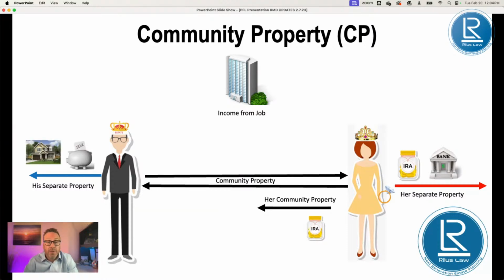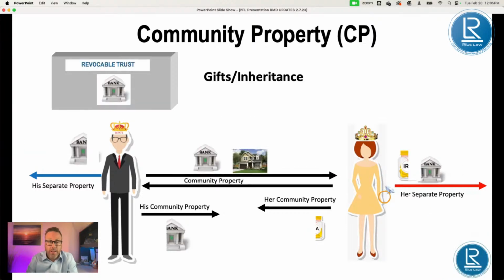Now, if he takes title in his name, but he gets a loan, this IOU, again, loan in his name, title to the house in his name, and then from his job, he makes a payment on that loan. Well, guess what? The community made that payment. So the community has an interest in this house. So you can see it can get really complicated if you're bringing assets into a relationship. If you have a house that has a mortgage on it, by default, it's becoming a community property asset during the marriage.